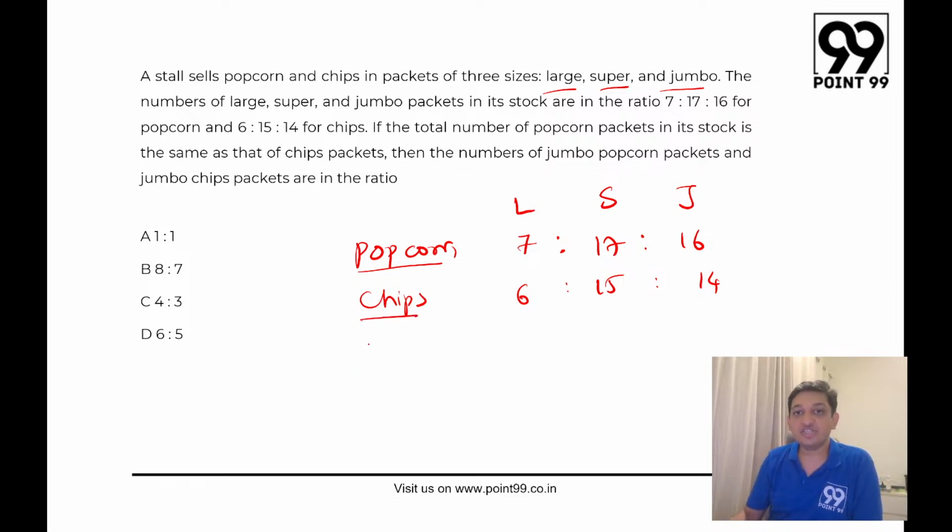तो हमको पता करना है कि जंबो पॉपकॉर्न पैकेट्स और जंबो चिप्स पैकेट्स 16:14, ठीक है, ये रेशियो क्या होगा, या 16 and 14 क्या रेशियो होगा। अभी यहाँ पे what do we know in this case, let's say that the number of large popcorn packs are 7x, सॉरी, super is 17x and jumbo is 16x। तो टोटल पॉपकॉर्न कितने बने मेरे पास, 7 + 17 is 24, 24 + 16 is 40x। तो पॉपकॉर्न के 40x total number of